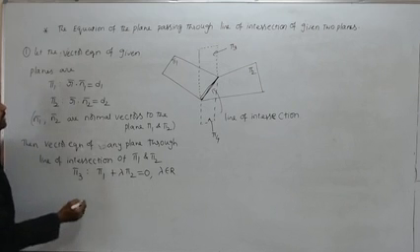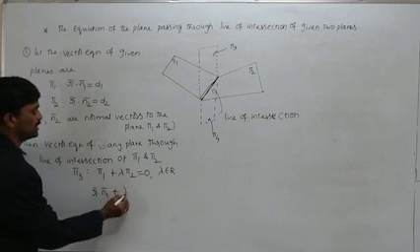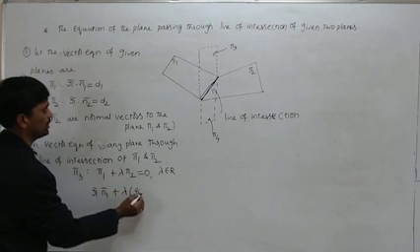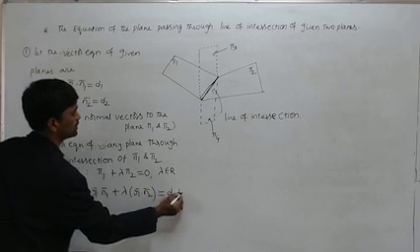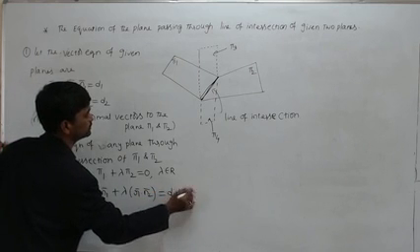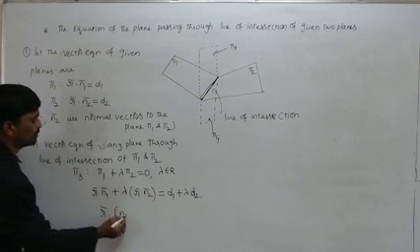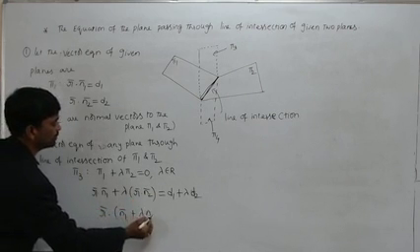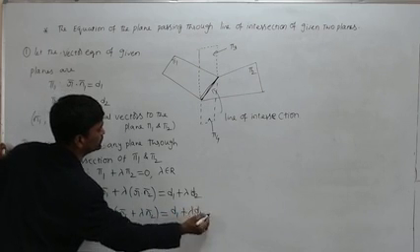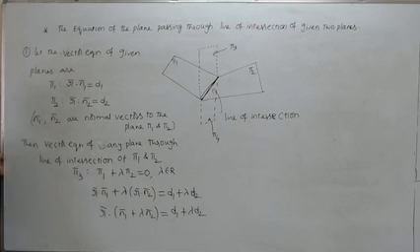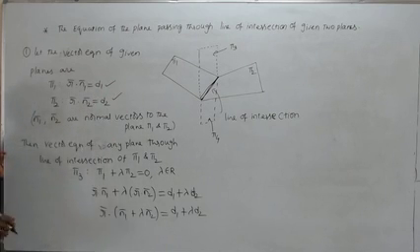Okay, so what is the pi 1 equation? r bar dot n1 plus lambda into r bar dot n2 is equal to d1 plus lambda into d2. So further this can also be written as r bar dot n1 bar plus lambda into n2 bar is equal to d1 plus lambda into d2. So this is the vector equation of any plane passing through the line of intersection of